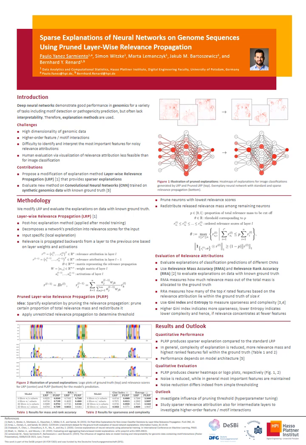The idea is that we sparsify the explanation by pruning the relevance propagation, and we do this by pruning a certain proportion of the total relevance mass and then redistributing this released mass. So how would this work? We first apply an unrestricted relevance propagation to determine a threshold. We would prune the ones with the lowest relevance scores, and then we would, as I said, redistribute the released mass. This is summarized in those two formulas here: first finding a threshold, and then applying this threshold, which leads to kicking out a proportion P of the total relevance mass. Okay, we would also like to evaluate this new method.